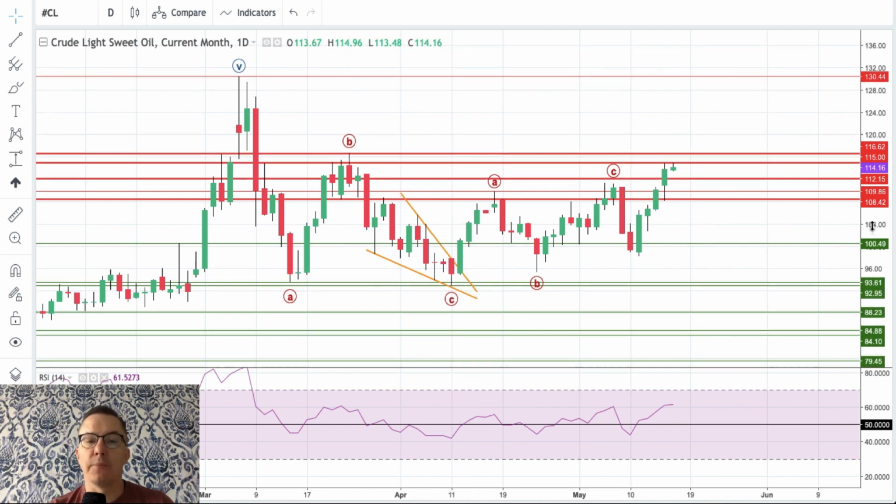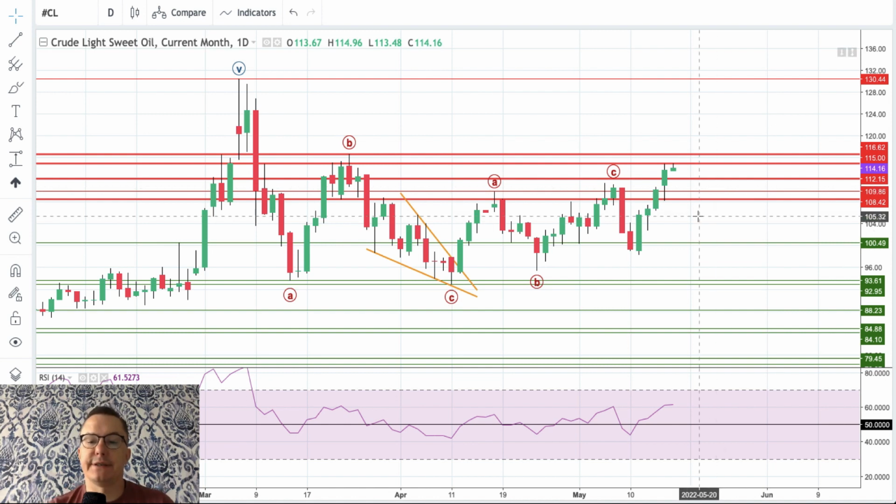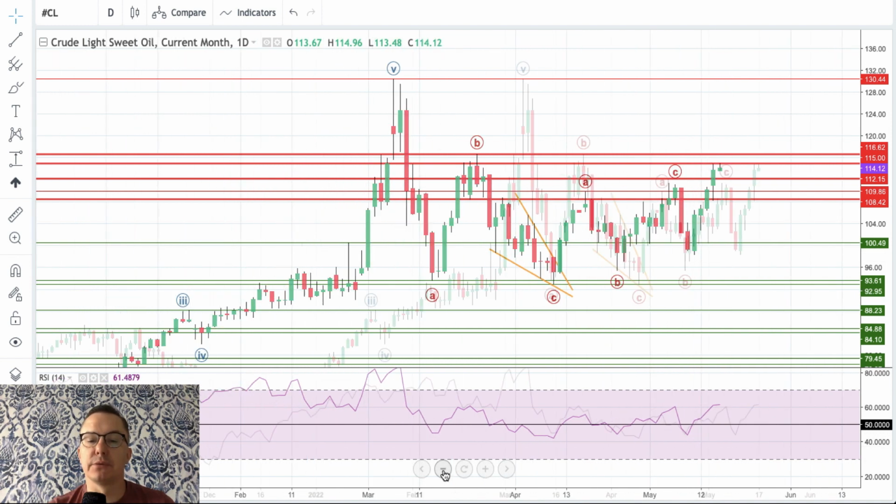Okay, so the situation is, however, very complicated, and the next target for bulls is 116.62. This is the high of the old wave B, 116.62 exactly. And if this level is violated, then we can go as high as 124.13 and then even test the recent high. However, please notice the fact that this is not the biggest momentum at all. This is not the best of the bulls right now.